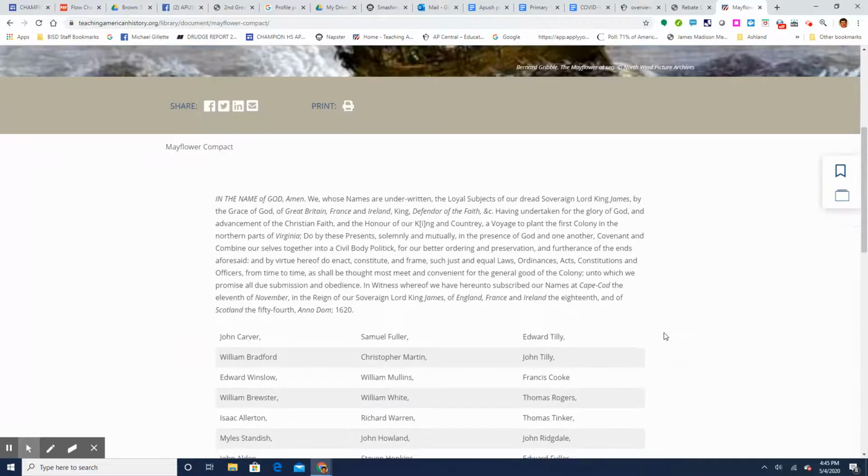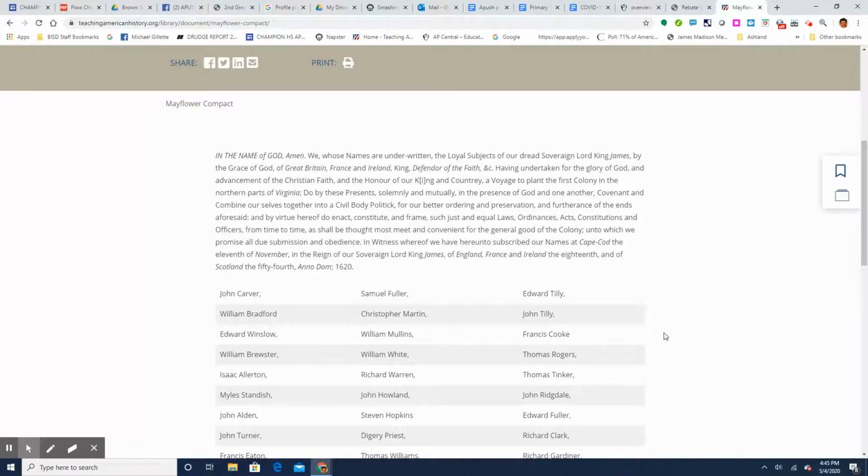In the name of God, amen. We, whose names are underwritten, the loyal subjects of our dread sovereign Lord King James, by the grace of God, of Great Britain, France, and Ireland, King, defender of the faith, having undertaken, for the glory of God and advancement of the Christian faith, the honor of our king and country, a voyage to plant the first colony in the northern parts of Virginia, do by these presents solemnly and mutually in the presence of God and one another, covenant and combine ourselves together into a civil body politic,